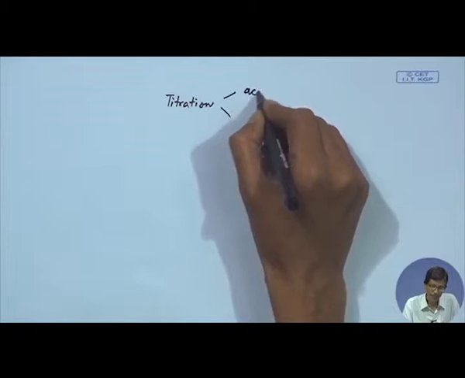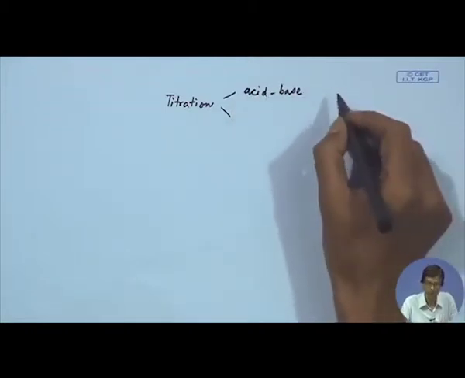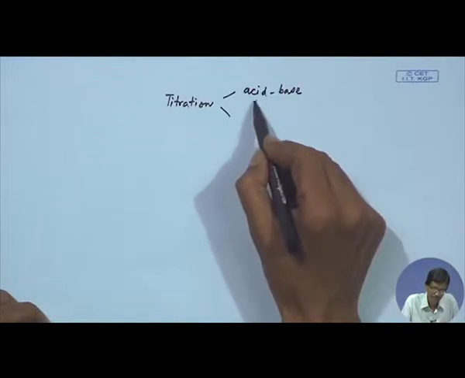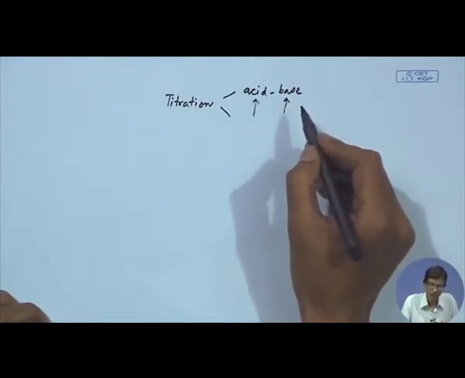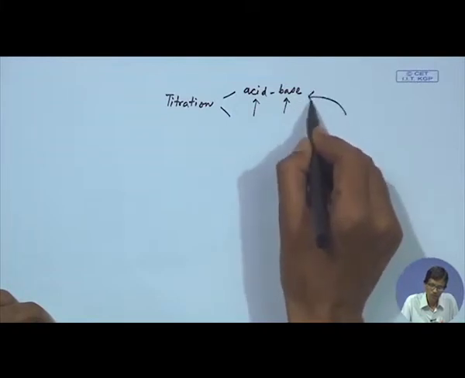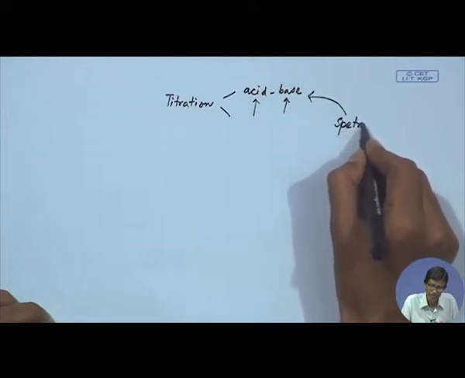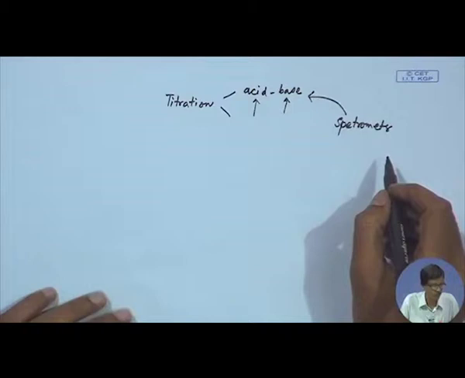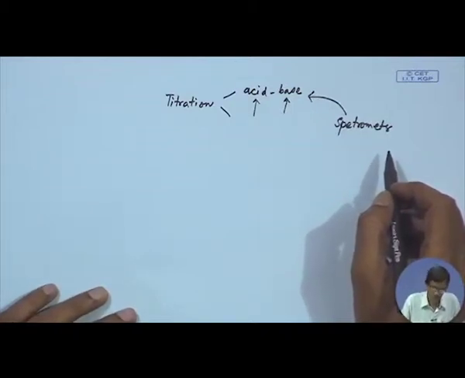So, in case of the typical acid base titrations, where we know visually we can do by corresponding manual titration, both the acid as well as the base are colorless. So, we cannot use a spectrometer or a spectrophotometer to detect the endpoint of this particular titration. So, what should be the solution for that particular purpose?